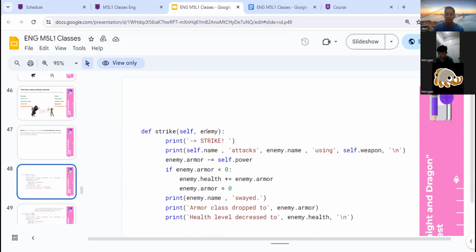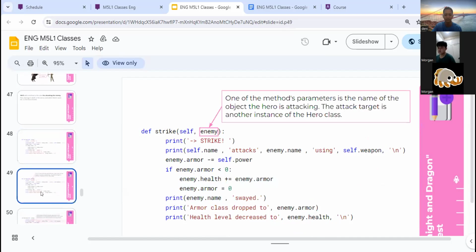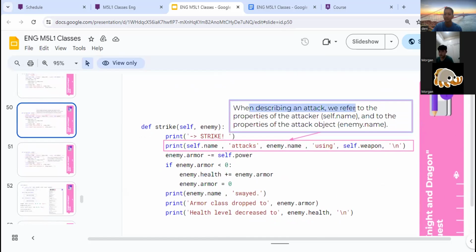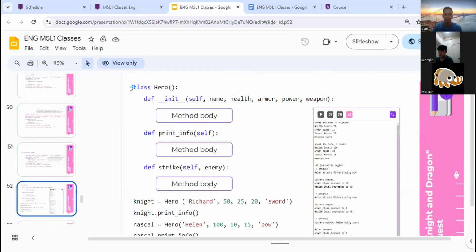Because enemy uses the hero class, same. Okay, just follow the steps later. When describing an attack, we refer to the property of the attacker, self name, and to the properties of the attack object, enemy name. Just like that. These are the rules.